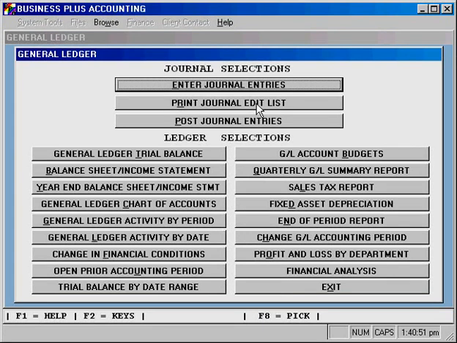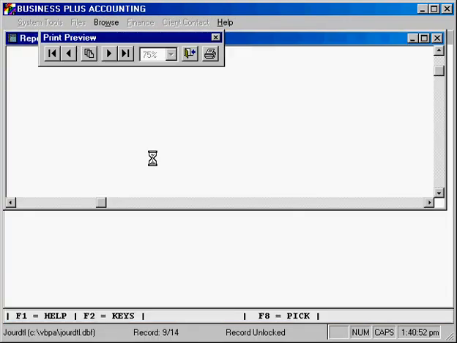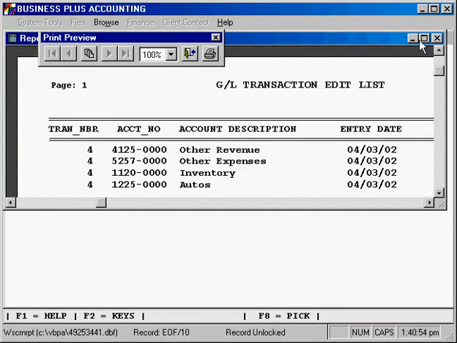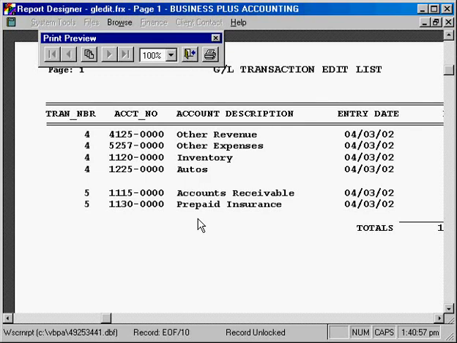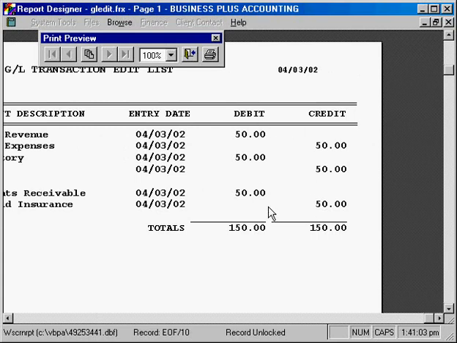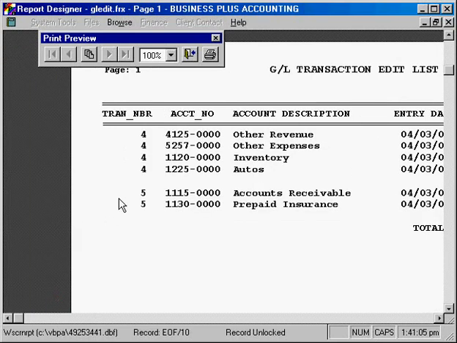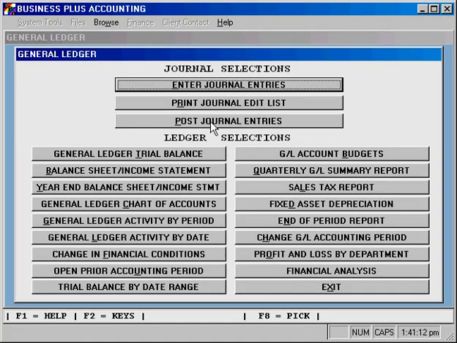The next step would be to print an edit list so that we can see which entries we have waiting to be posted. So you can see here the total of the credit accounts, the debit accounts, with the transaction numbers. Here's one transaction, here's the other transaction, and that shows us what's going to post when we actually select